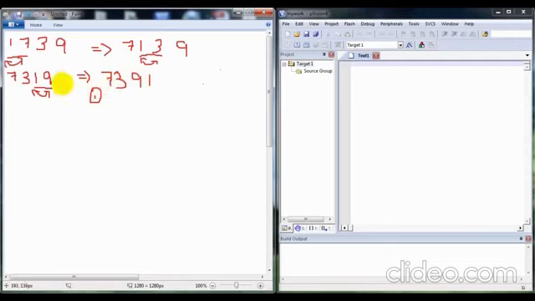This is the main loop, and the inner loop is the comparison and the swapping or non-swapping of numbers. We are comparing first these two numbers, next these two numbers, and finally these two numbers. This is the inner loop, and the whole is the main loop, which is the first step.